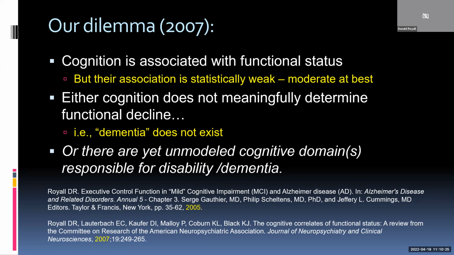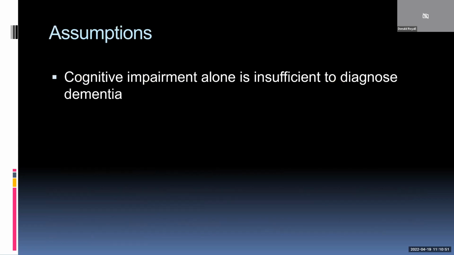None of the major neuropsychiatry and neurology textbooks even had a chapter on executive function or even mentioned it in their tables of contents. And yet it was right there in clinic, right in front of us, executive impairment, and nobody could see it for what it was. So basically in trying to figure out the cognitive correlates of functional status, I chose that route, and that forced me to go back to my basic assumptions about what dementia is.